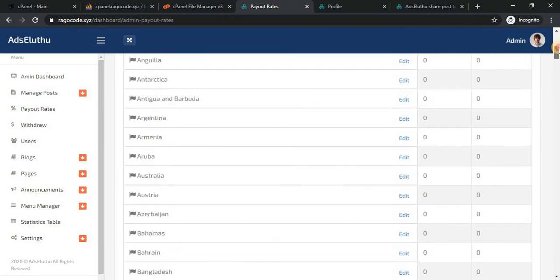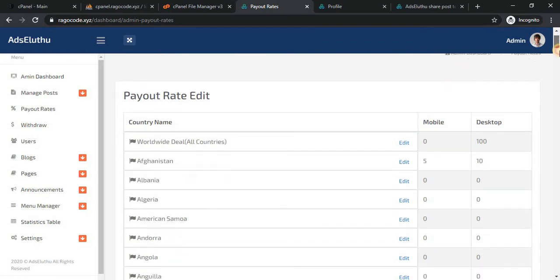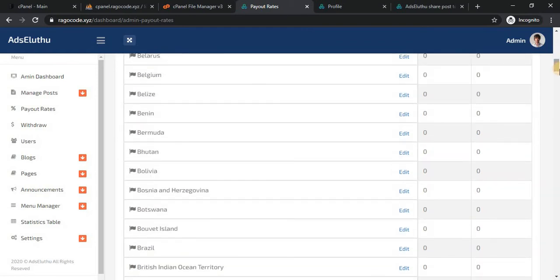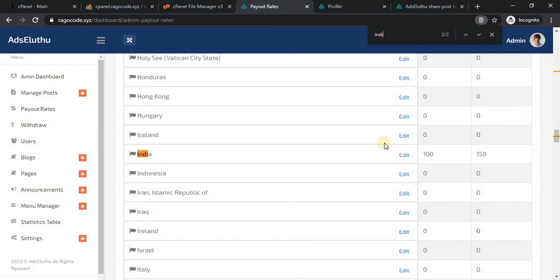Like I select Indian country. You can see the mobile visitors coming through mobile.